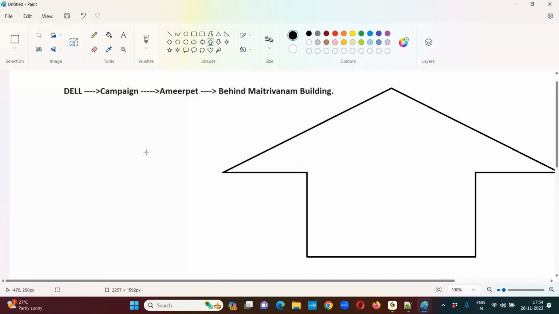Now this is the Dell campaign. So they want to conduct a campaign in Amirpet behind this Maitrivanam building. Here they're placing a small tent. Why are they placing this small tent? Because whatever newly manufactured products are available from Dell, they would like to place inside this campaign for